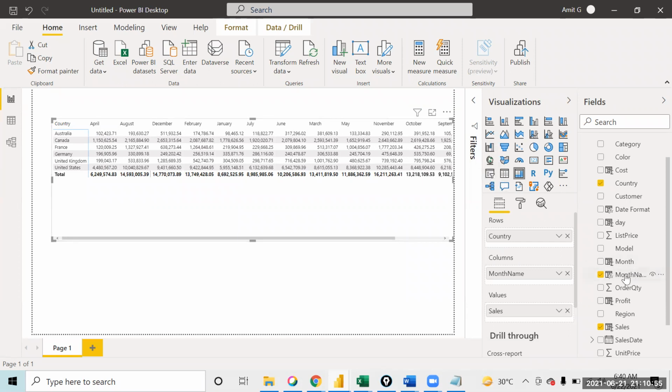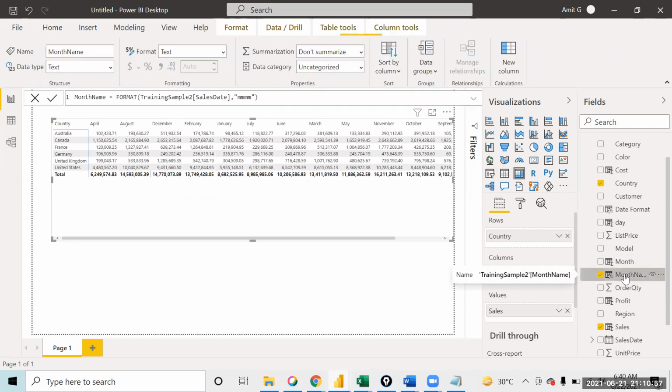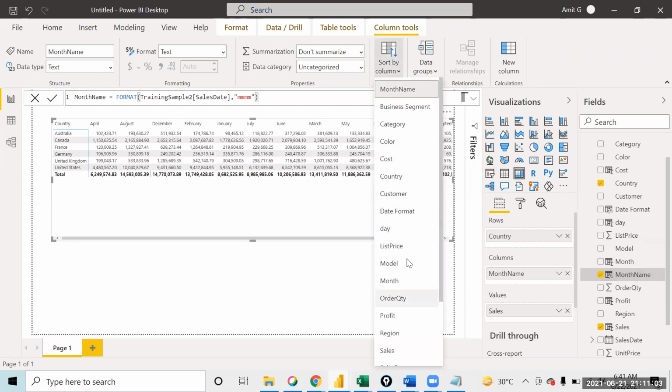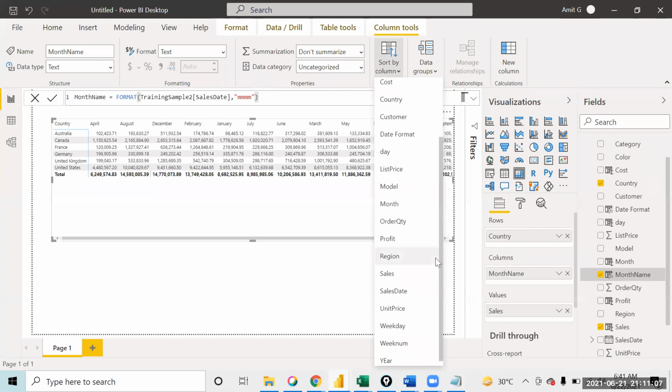For example, you click on the column of month name, and then you say sort by column month. Over here, you will find the option of sort by column month. So you are saying that the sorting of the month name should happen based on how the sorting happens on a month number, 1 to 12. Because 1 means Jan, 2 means Feb, because we have the month numbers also that we have already extracted. So I'm just changing the sorting of the data. I'm saying sorting of this month name should happen by month.